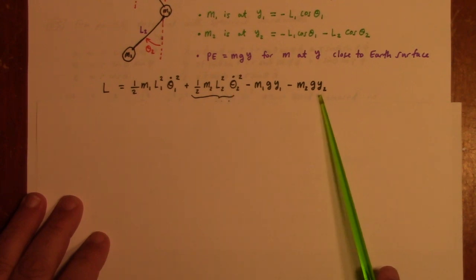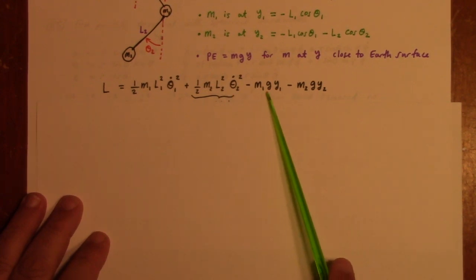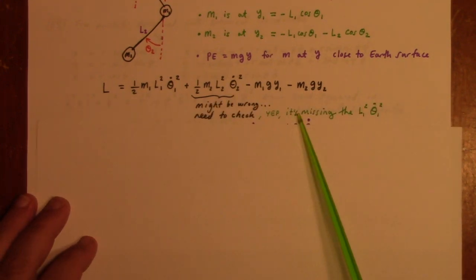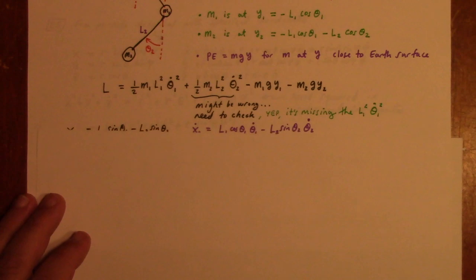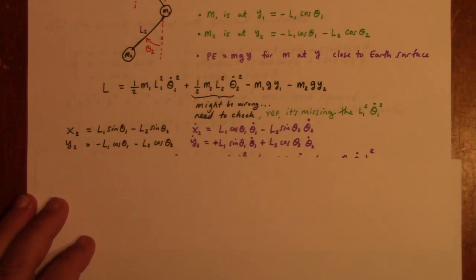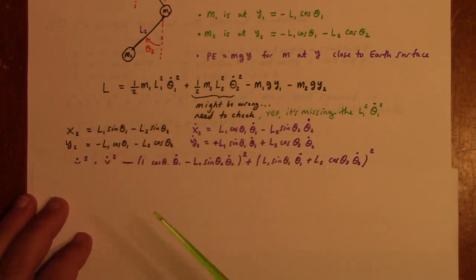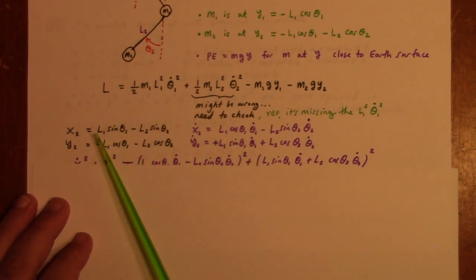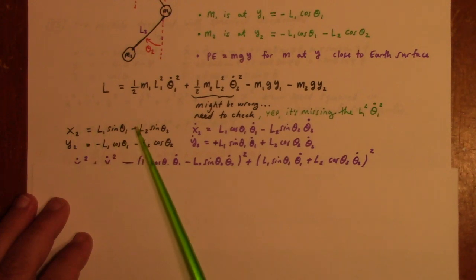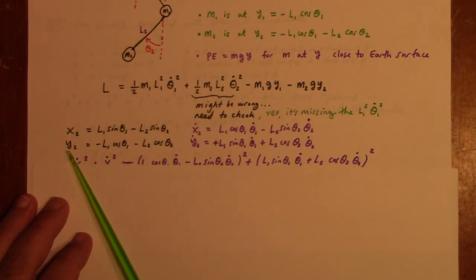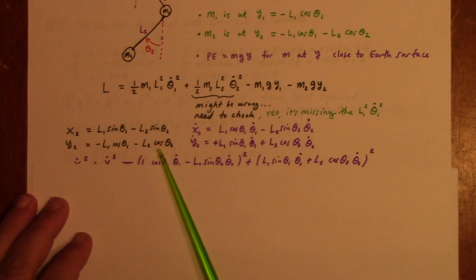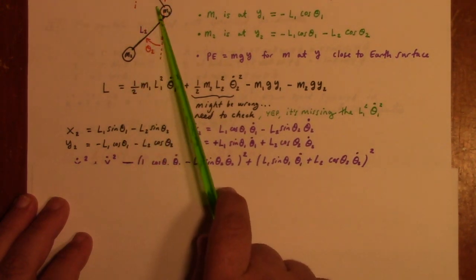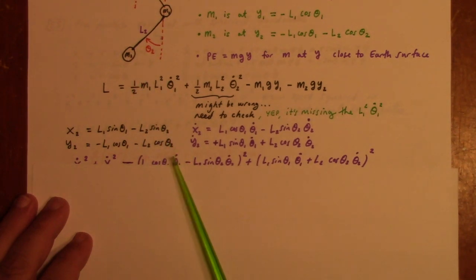So this one needs a correction. What I'm writing here isn't quite right yet: minus m1 g y1 minus m2 g y2. Might be wrong, need to check. Yep, it's missing this term. Let's see why. If you're wondering how you derive such things, you write down equations based on the trigonometry of the problem. Here is the x coordinate for m2, and this is the y coordinate for m2. I just take sine theta 1 and sine theta 2 because of the way it's defined up there, and